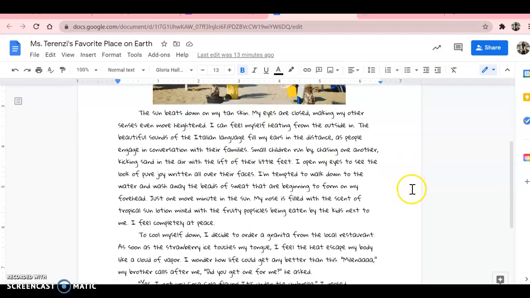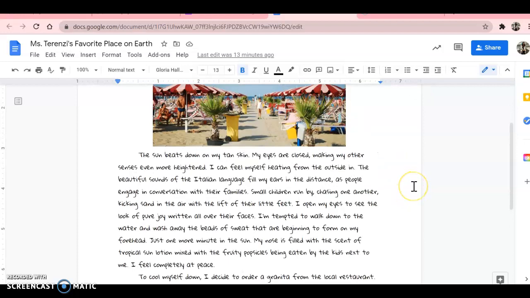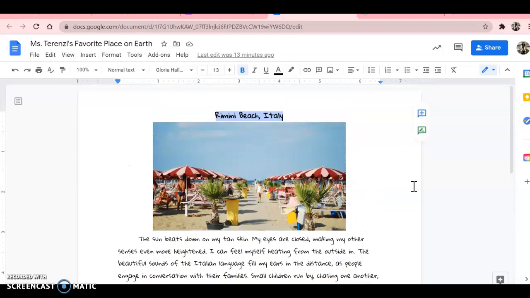Here is my example and I'll read it to you. Notice while I'm reading that I am writing in the present tense, and this is what I want you to do as well because you are pretending that you are in this place right now. So you should be describing it as if you're sitting in that location and telling me what you're hearing, seeing, thinking, wondering, feeling, smelling, and all of those great sensory details, okay? So pretend you are in that moment in the present, okay?